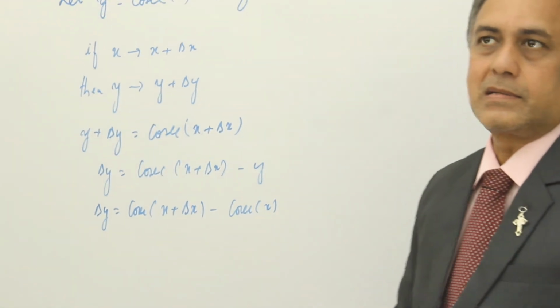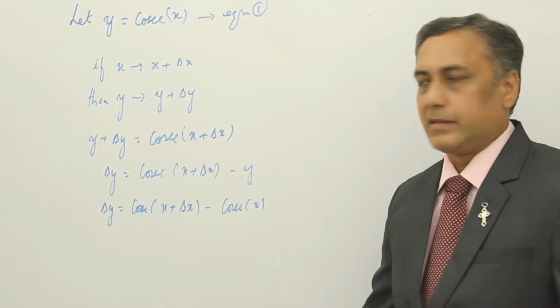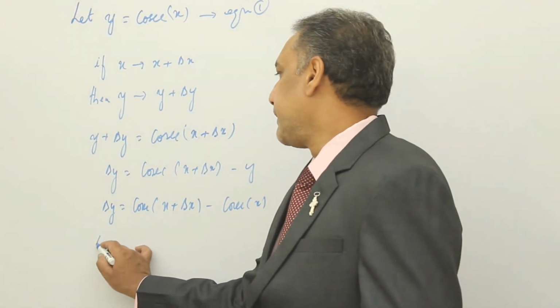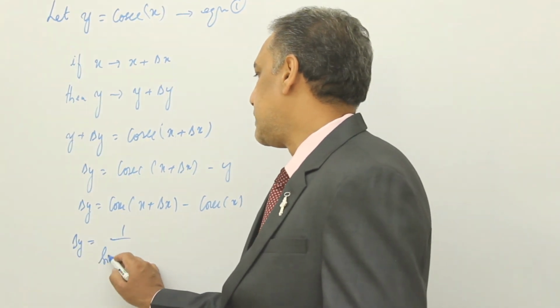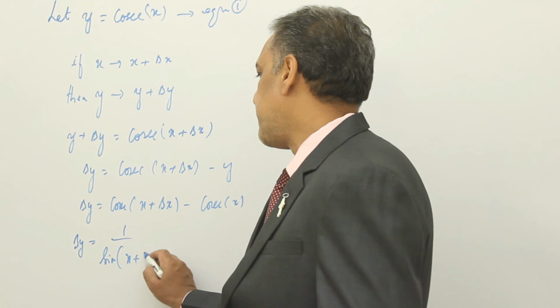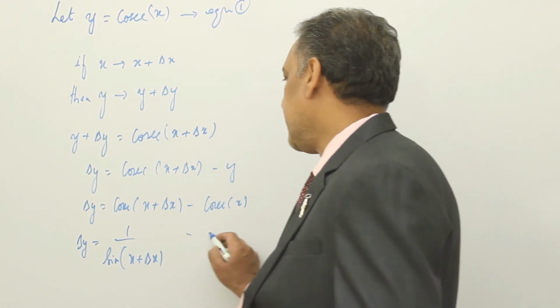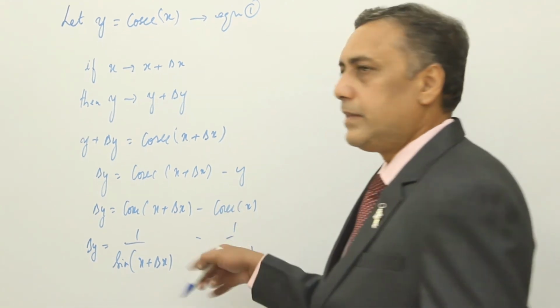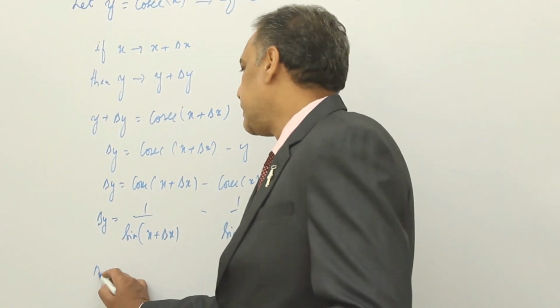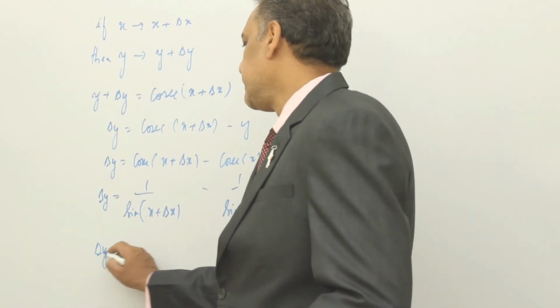But cosec x is nothing but 1 by sin x. So therefore you get delta y equal to 1 by sine of x plus delta x minus 1 by sin x. Taking LCM, we get delta y is equal to